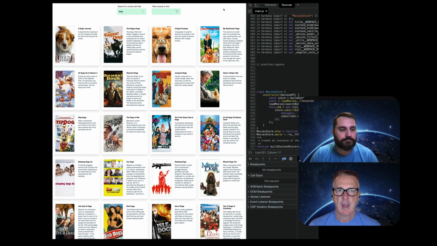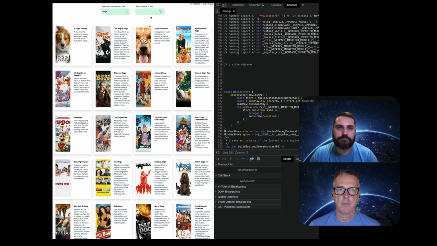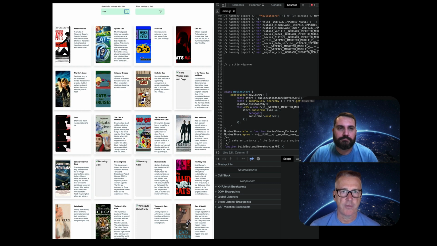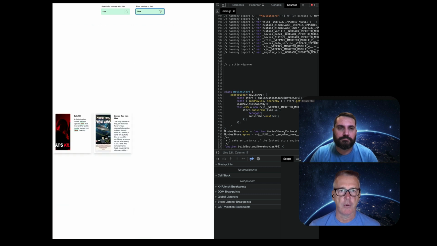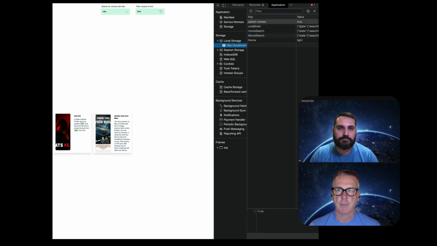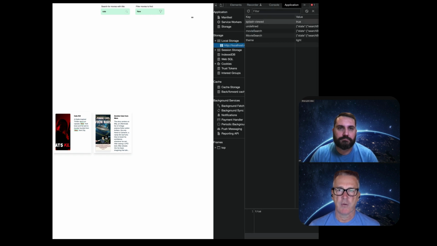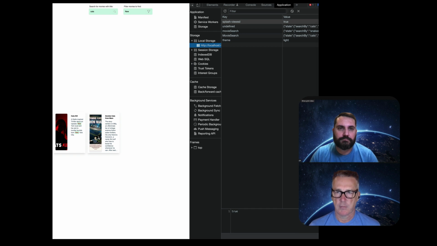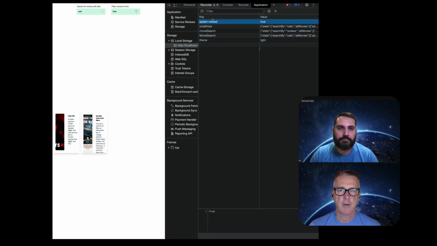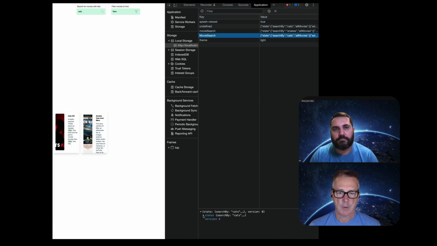Okay. And the easy way to check this is, let's bring this over here. Let's come over to cats, and let's do a search for New York. And let's look at our session storage. All right. This over here so everyone can see it. So here is the MovieSearch, cats, and new, right? And as soon as I make changes here,